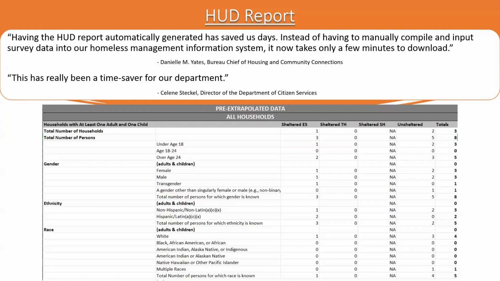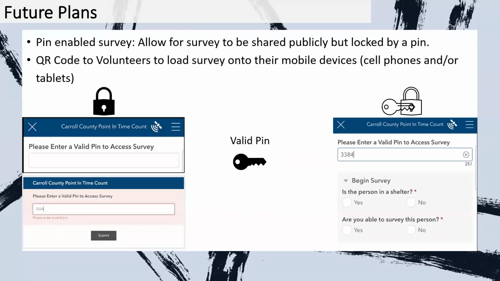So you can see that these individuals were super happy to have the solution implemented and to be able to just have this output of an Excel sheet with all the HUD data that they needed. It was just perfect for them. And they were really appreciative and just thrilled to be able to implement the solution in their future pit counts. So before I wrap up, I just want to go through a couple of future plans that